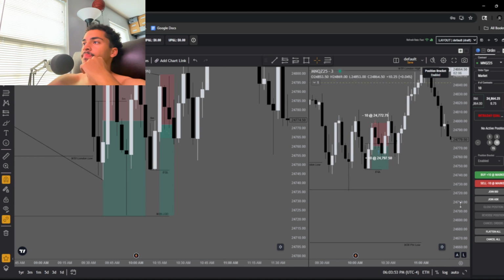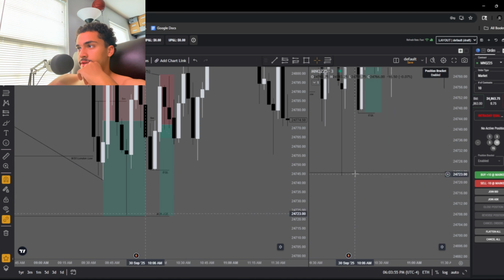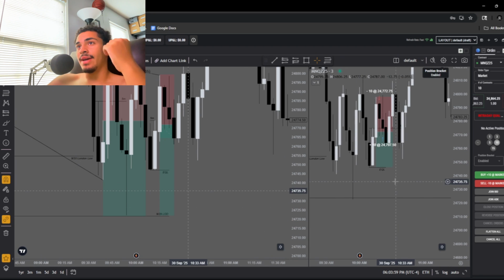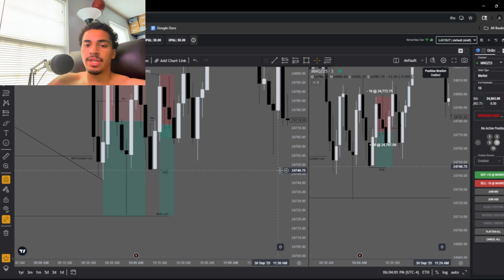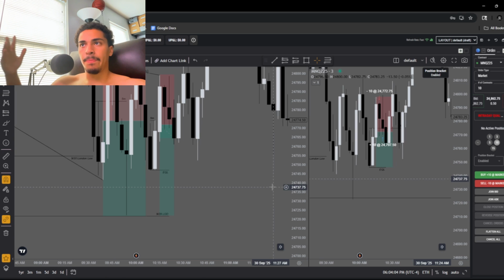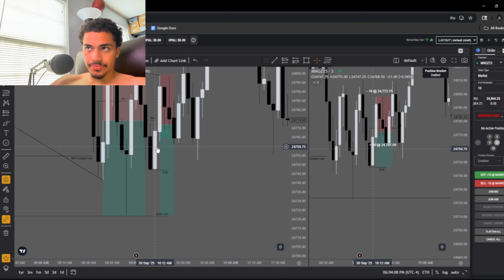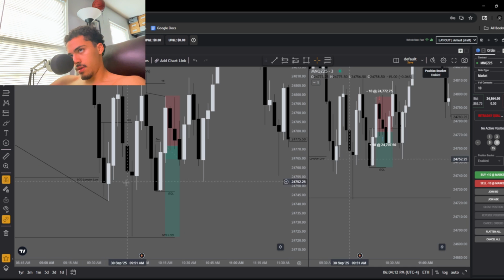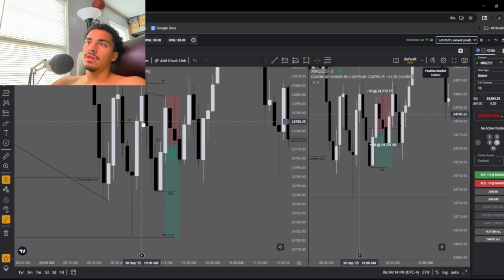But this line right here is that low of day. It got hit on MNQ. So being as though NQ is the more traded, the more valuable, the stronger asset, it's technically a break-even trade. And after that, what do we do? We inverse to the downside. We inverse to the upside.